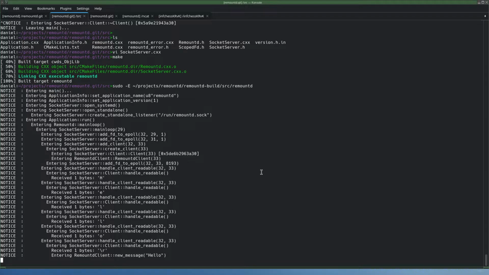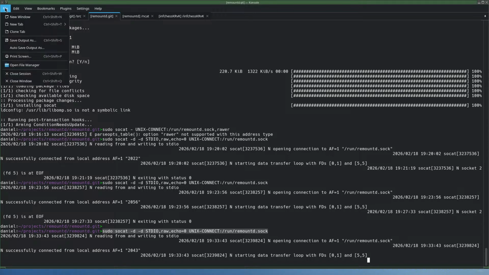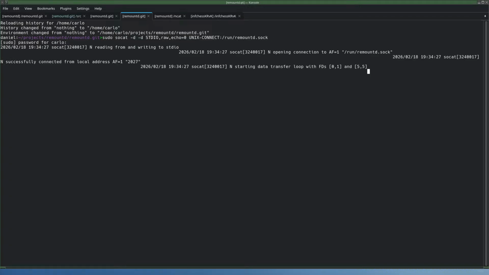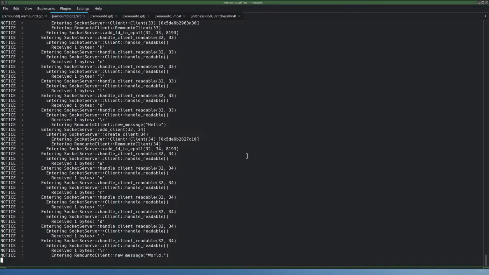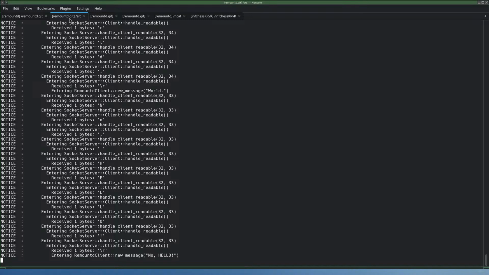Yes. Now it works. And I can even connect another client without closing this one. And then this one still works. Awesome.